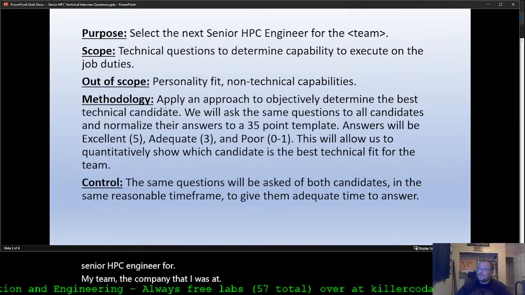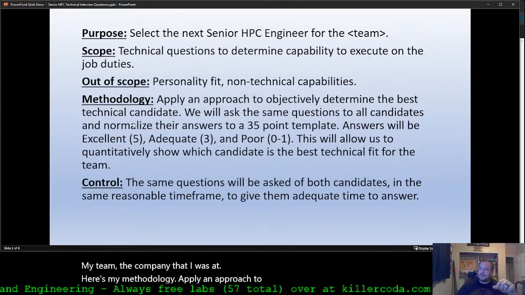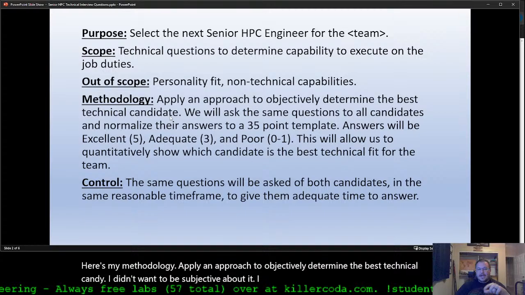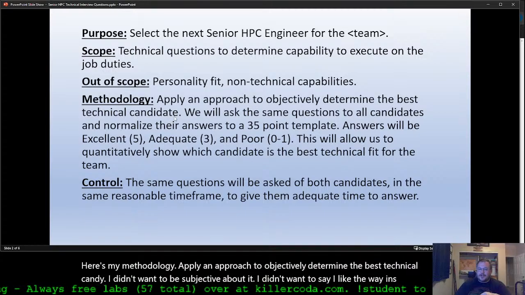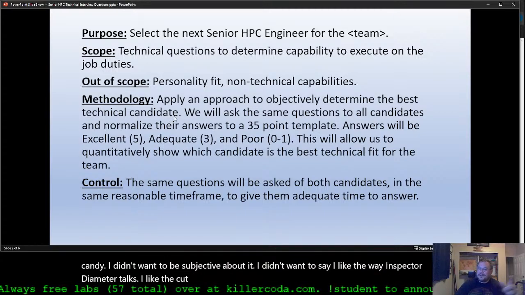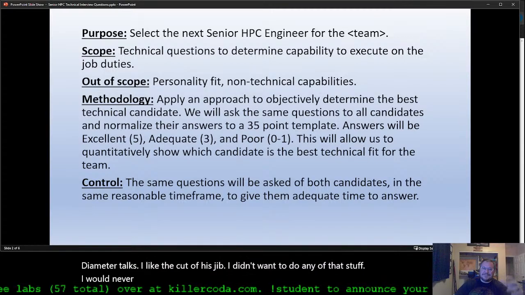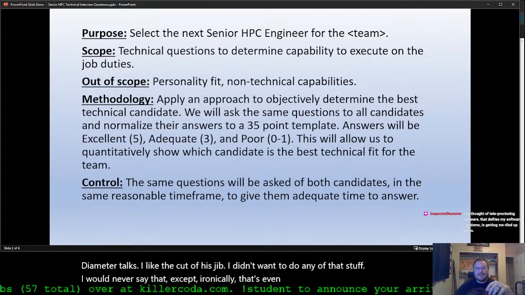Here's my methodology. Apply an approach to objectively determine the best technical candidate. I didn't want to be subjective about it. I didn't want to say, I like the way Inspector Diameter talks. I like the cut of his jib. I didn't want to do any of that stuff. I would never say that, except ironically. That's even an older generation than me, right? But,